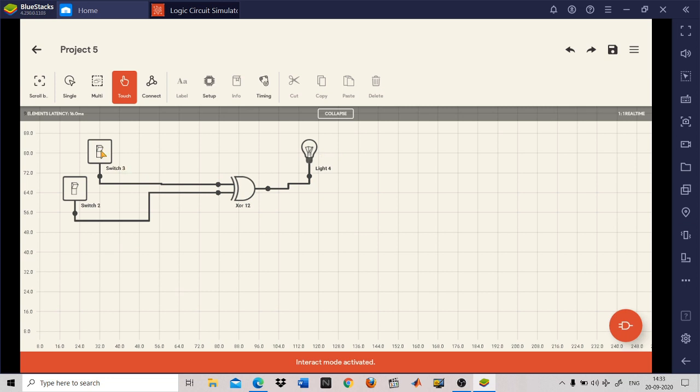If one of the inputs is 1, then you see the output is 1. Then again, if one of the inputs is 1, again you will see the output is 1. If both the inputs are 1, you will get a red color line, so the output is 0. So in this way we can implement all the logic gates using Logic Circuit Simulator Pro.